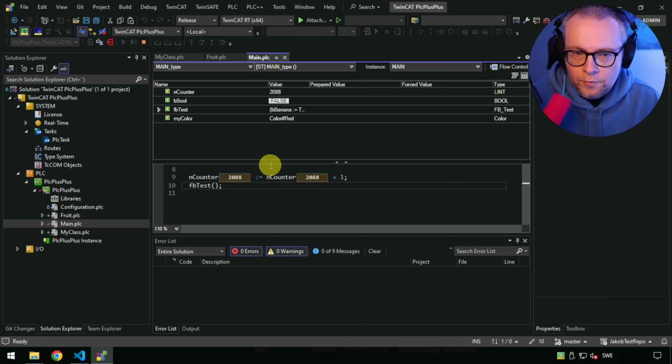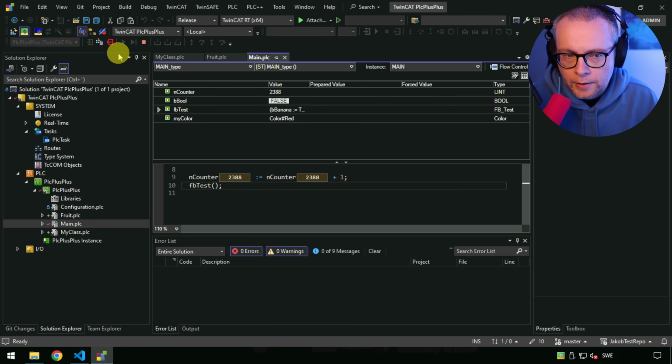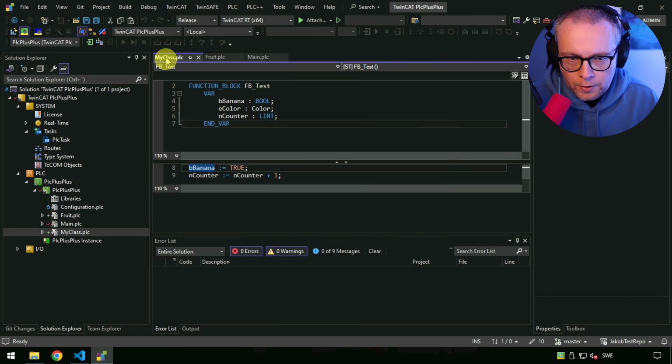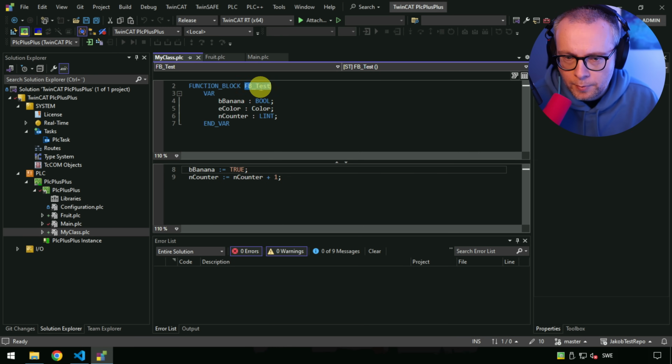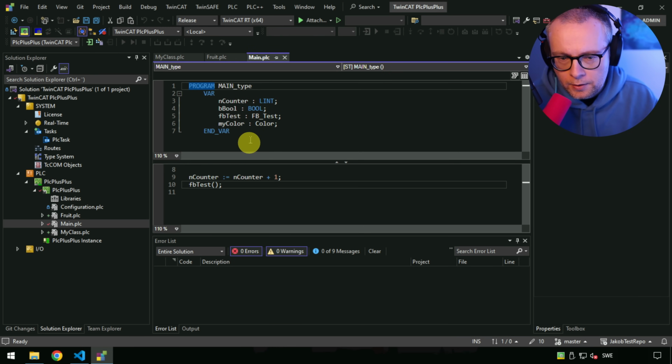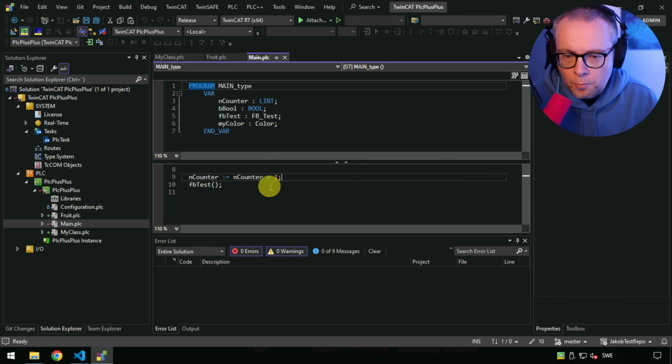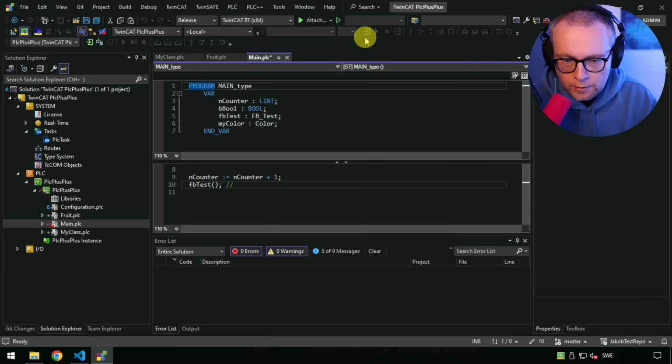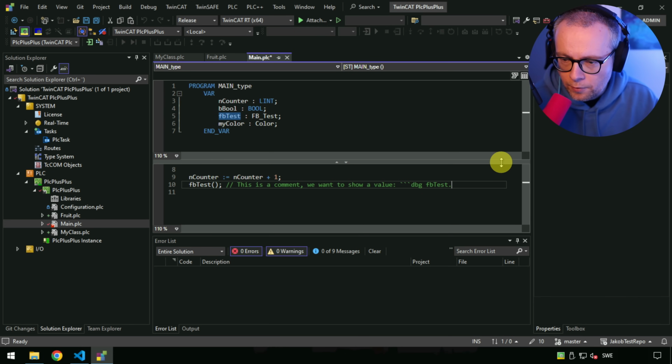Okay, another feature that I think is very neat is a feature where you can add inline scopes, or I don't know whether that's the correct name, but let me demonstrate. So let's assume that we have our counter here in the function block FB test, and we want to show that from, for example, the main program. So we want to show here when we do an online login the actual value of that while we're logged in. So what we can do here is add a comment anywhere, for example here, and this is a comment. We want to show a value, and through this keyword we can add the FB test dot